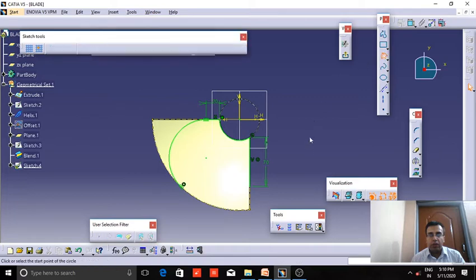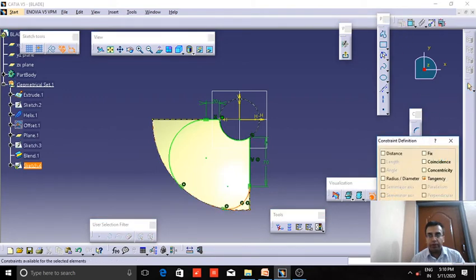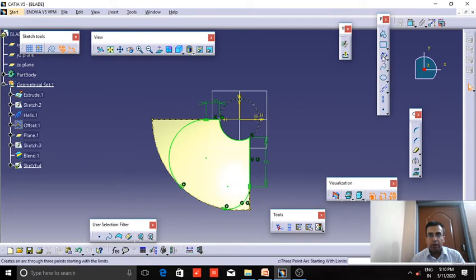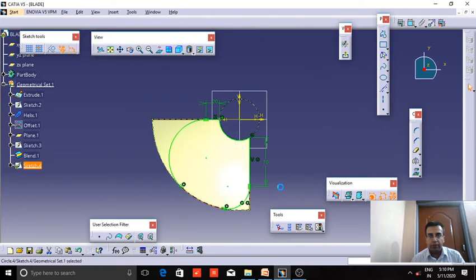These are called constraints in parametric modeling. By using them, it's very easy to align the design as per our needs. And finally, I will create the joining arc between these two arcs. Exit.